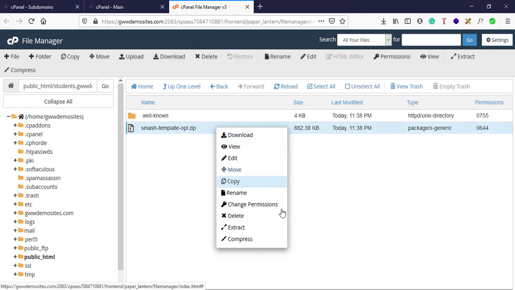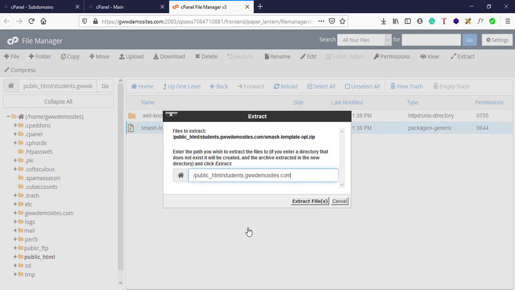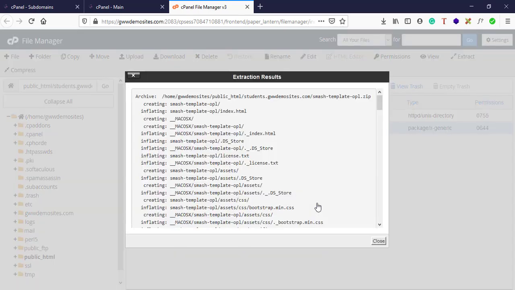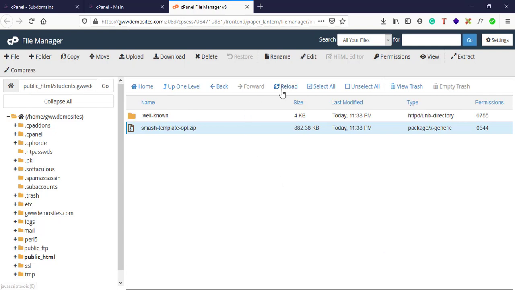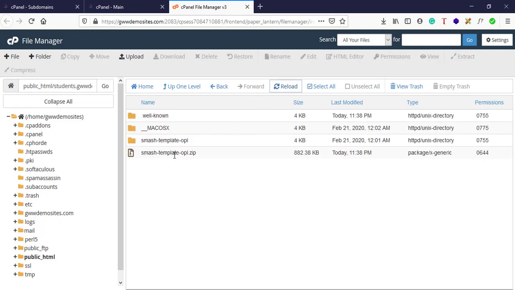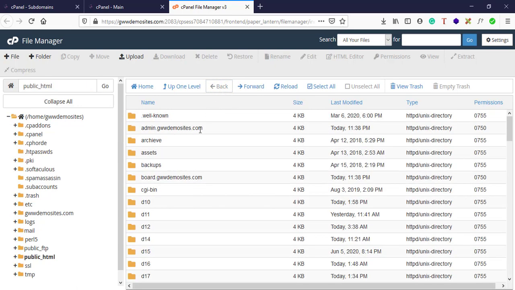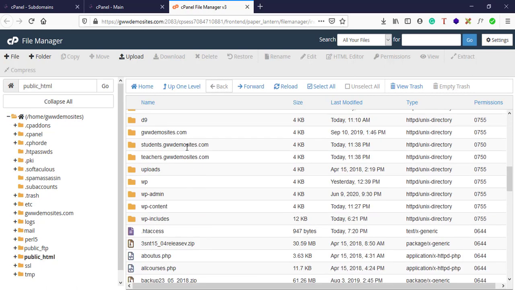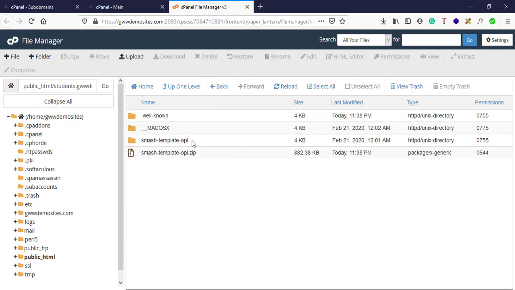I'll unzip this file, extract, close, reload. Now you have a website inside this folder, but I want these files. Inside the Smash template, we have these files.